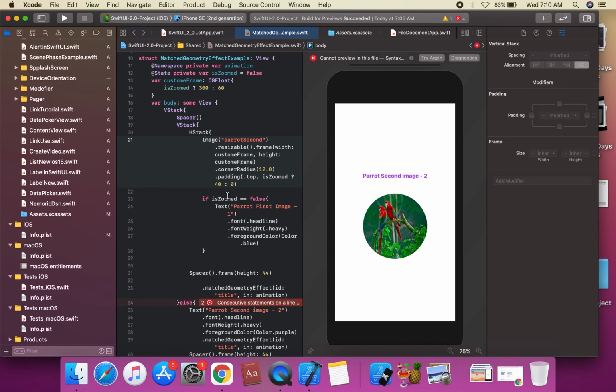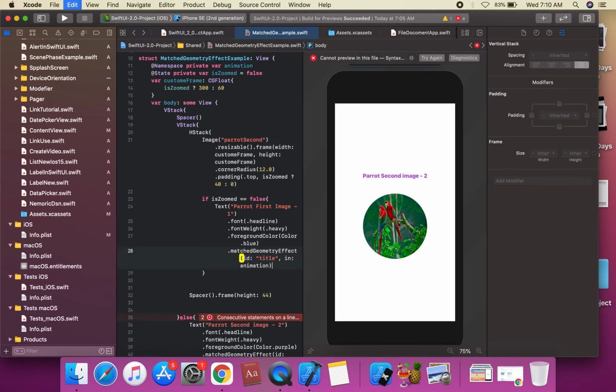Okay, we're gonna assign on this padding. If zoomed is equal to false the text applies, and we're gonna apply on this text property the geometry effect animation. Command X. We're gonna apply on this geometry effect animations, the title animations, okay.